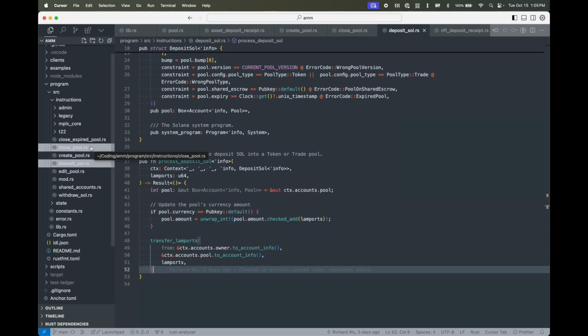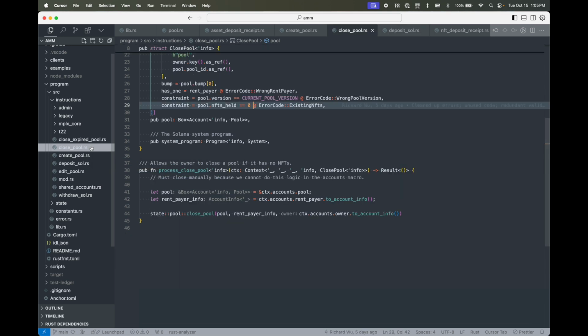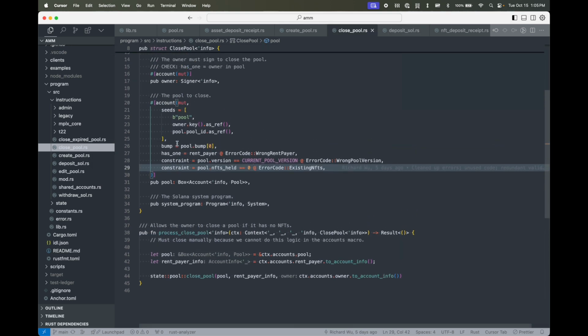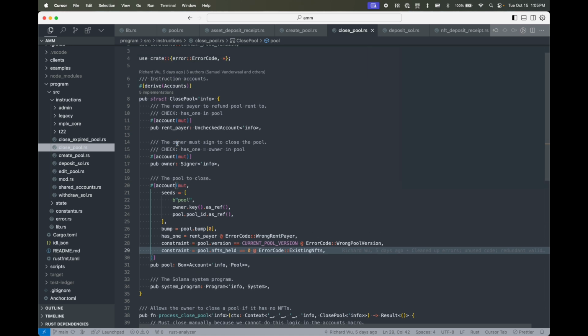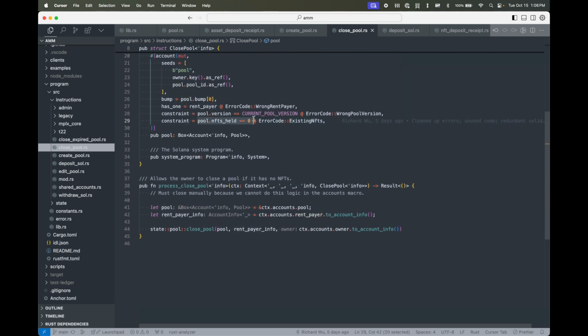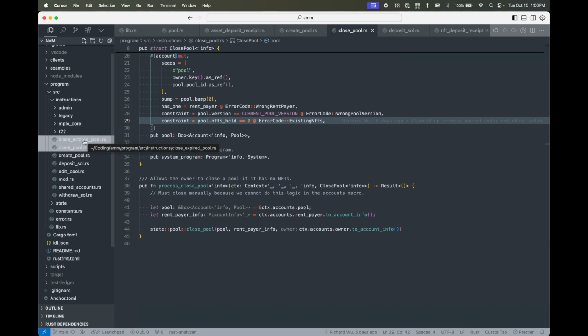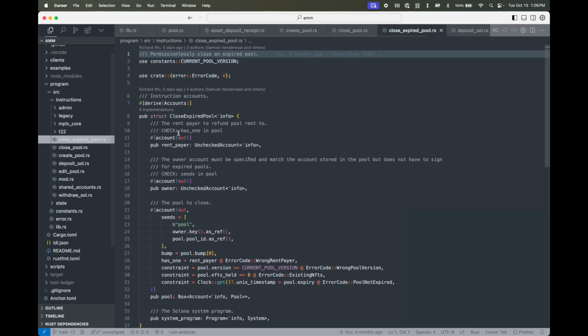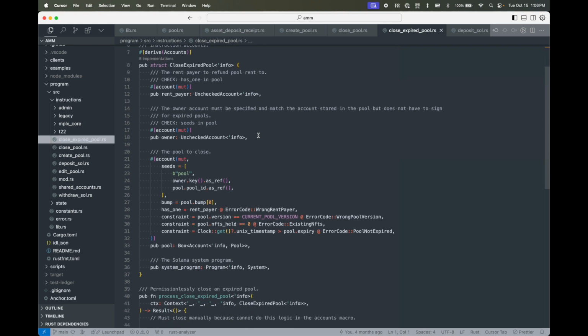We have closing the pool, which must be done by the owner, and funds go back to the original rent payer. And again, no NFTs held. And then we have a variant of this, which is a close expired pool, which is